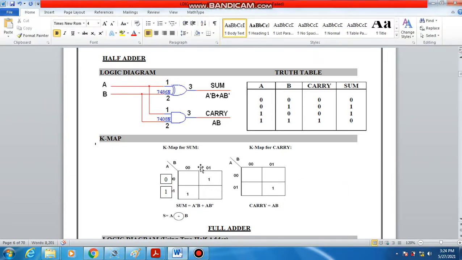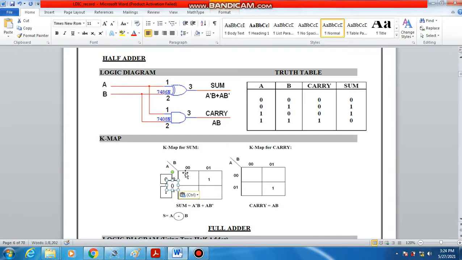Similarly the same thing should come over here. Here it should be 0 and 1. So for 0 and 1 your sum is 1, so 1 should come over here. For 1, 0 your sum is again 1, so 1 should come over here. I cannot do any grouping, so simply what you will have here is, let me do here, 1 minute.